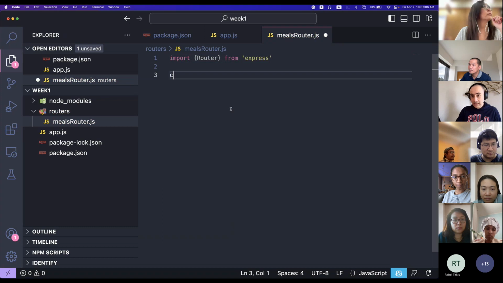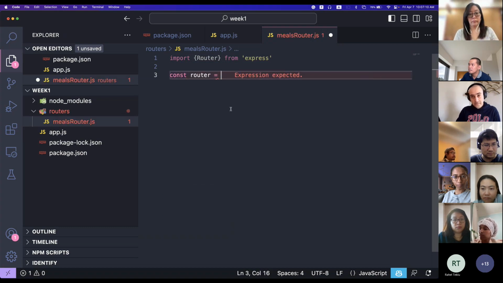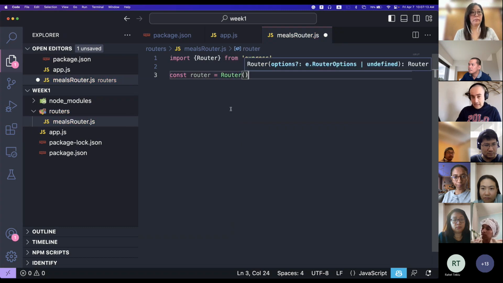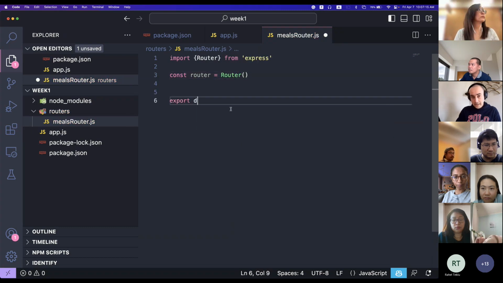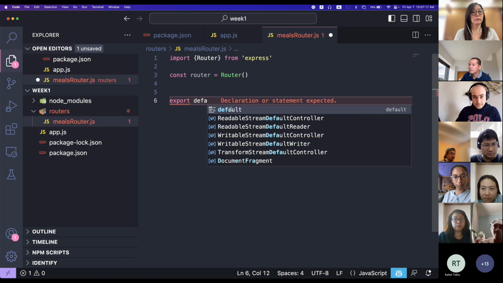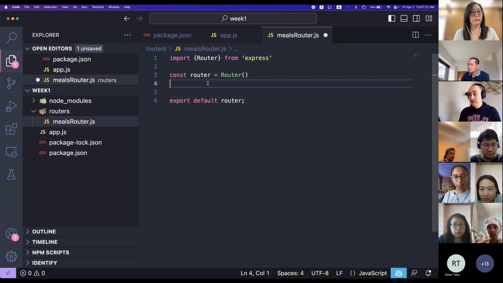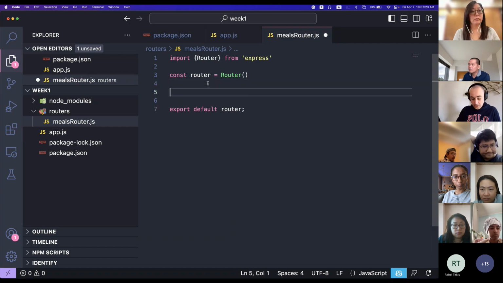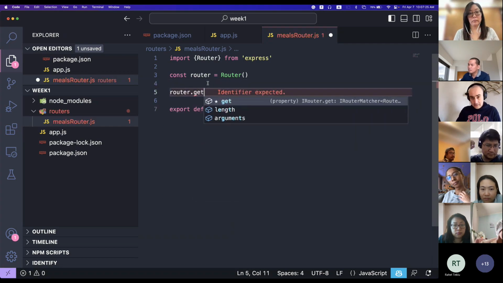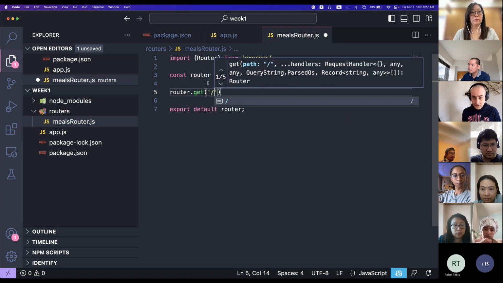And then I'm going to create a router instance. And then we don't forget to export that. Now I can define all the routes for the meals. So I'm going to need a get to slash,